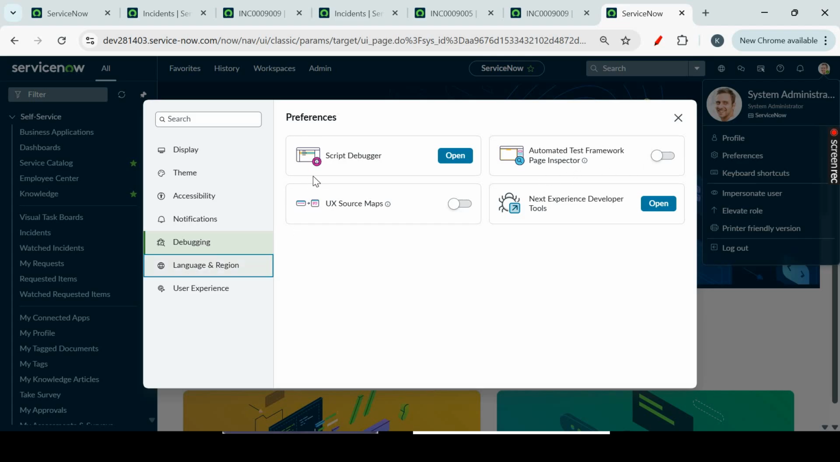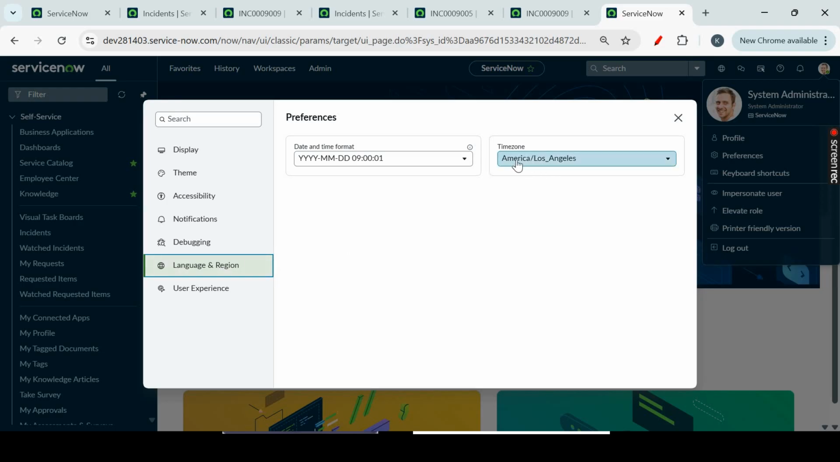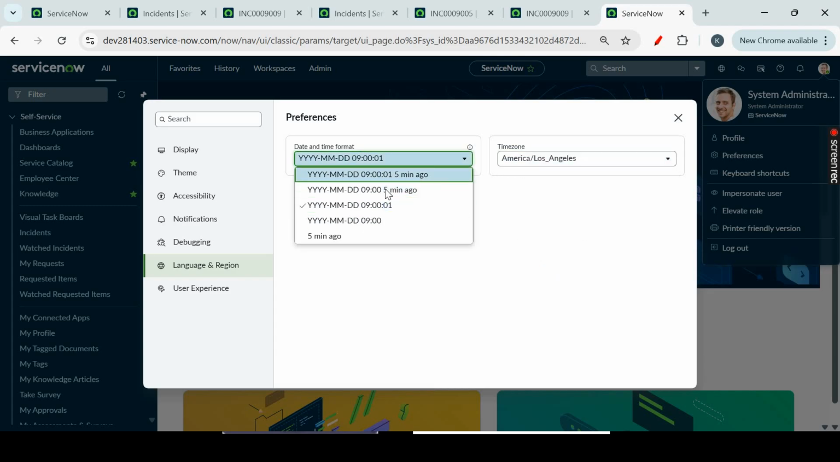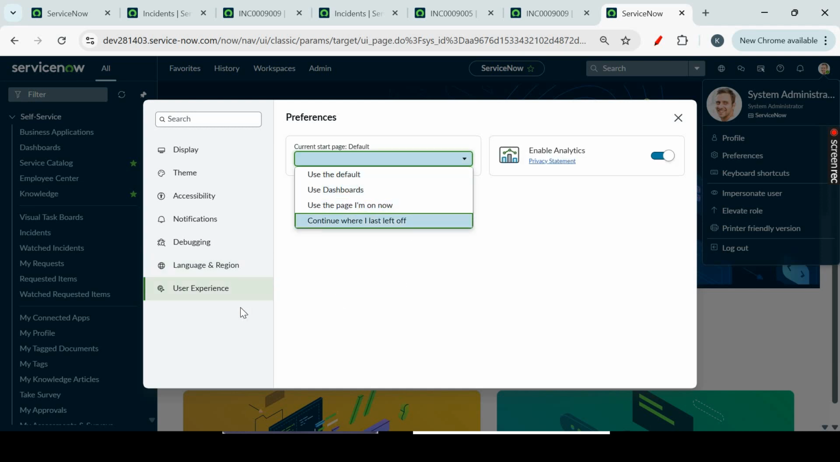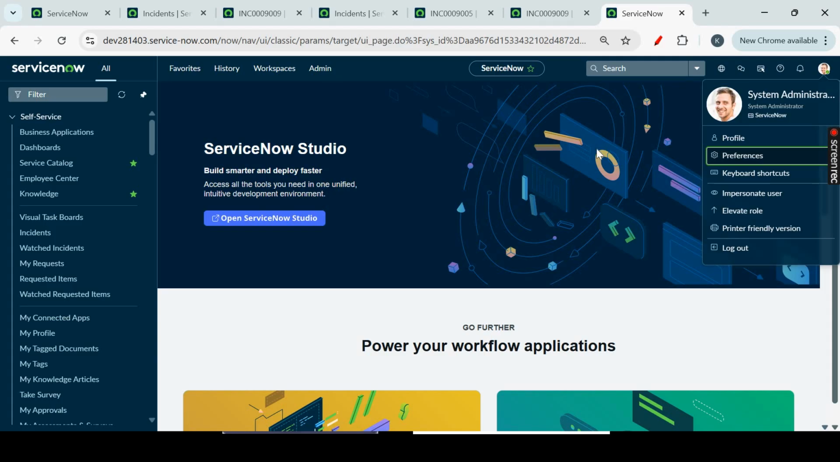This is related to language and region. Currently the time zone is selected as America. By default the ServiceNow system will have this, but you can convert it to IST time zone. And the date format which is presently used in the system is this. You can change it according to your suitability, right? And user experience. This is very new stuff. I didn't explore this much, but this is all about user or instance personalization, which I have covered